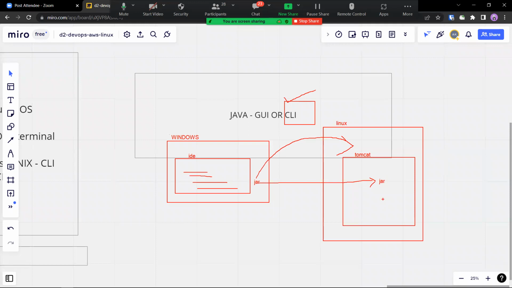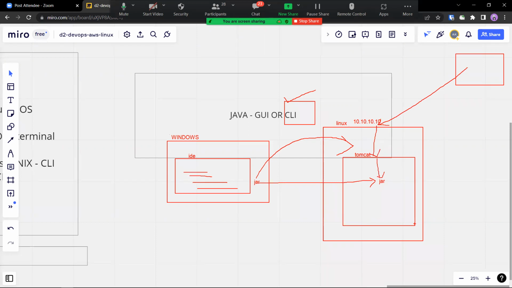This Linux server will have some IP, let's say 10.10.10.10. Then a user is sitting somewhere else with the user's laptop. The user will access this IP, which goes to your Tomcat server, which takes it to your Java program.